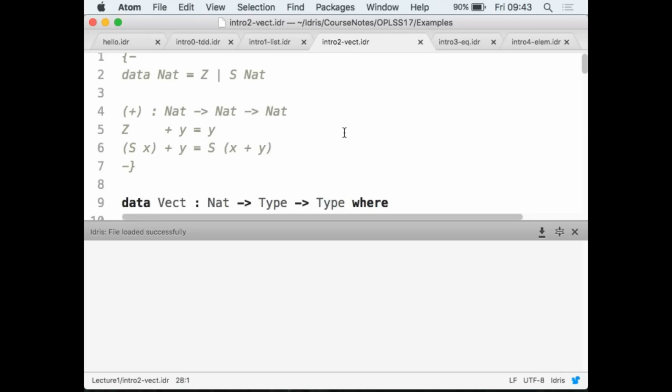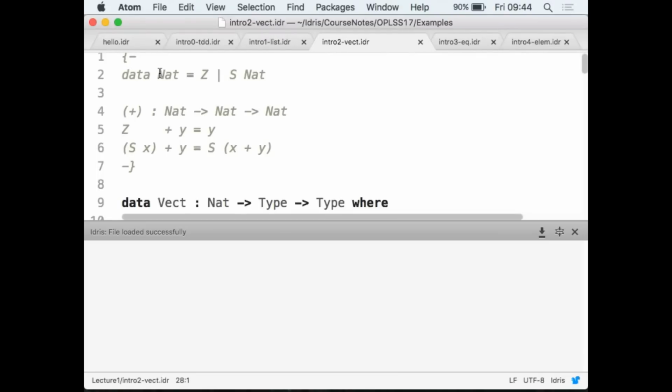Therefore, I have to do it by law. So this is the vectors. Vectors are lists that are indexed by their length. So the type of a list, so that list 1, 2, 3 has length 3, so the number 3 is going to be in its type. So the way to do this is I'll show you the definition of NAT from the prelude,